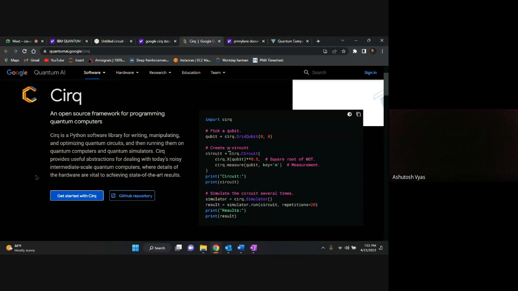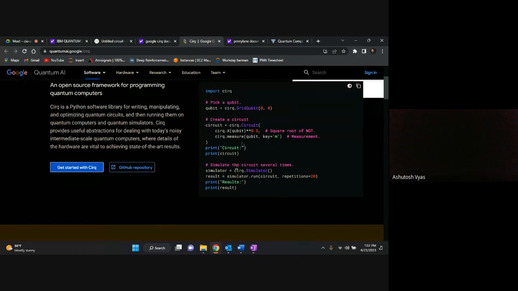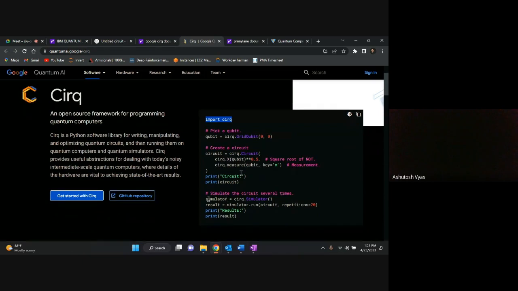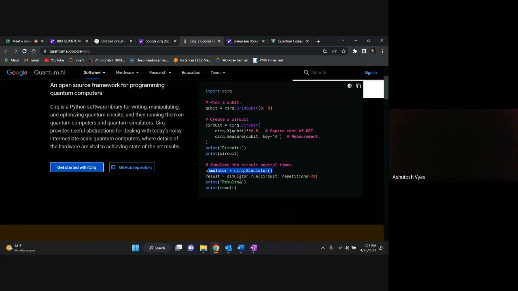If you see here on the right hand side, Cirq basically works in Python. Cirq is a library which is given by Google. It works in Python. You just have to import it like this, and this is how you are creating a simulator instance, which will help you to run all your circuitry. This is the smallest code which you can see, and then you can use the Cirq package to write quantum circuits and ask those quantum circuits to work along with your neural networks also.